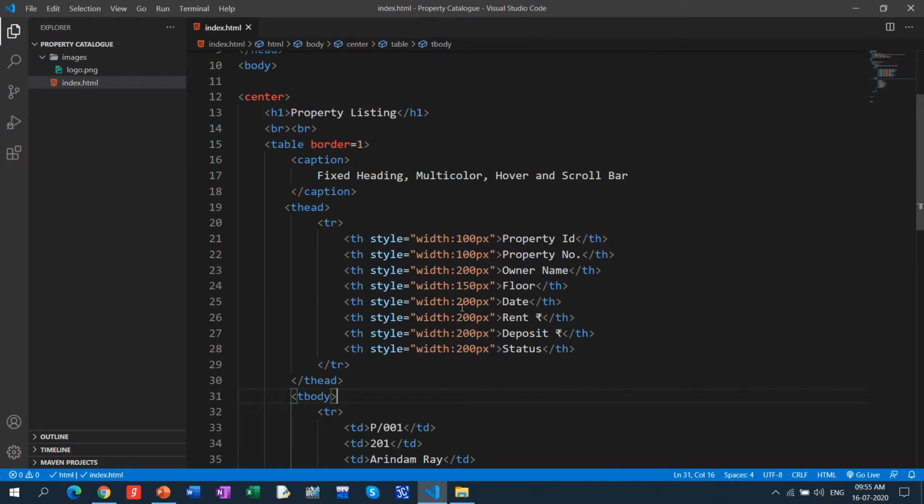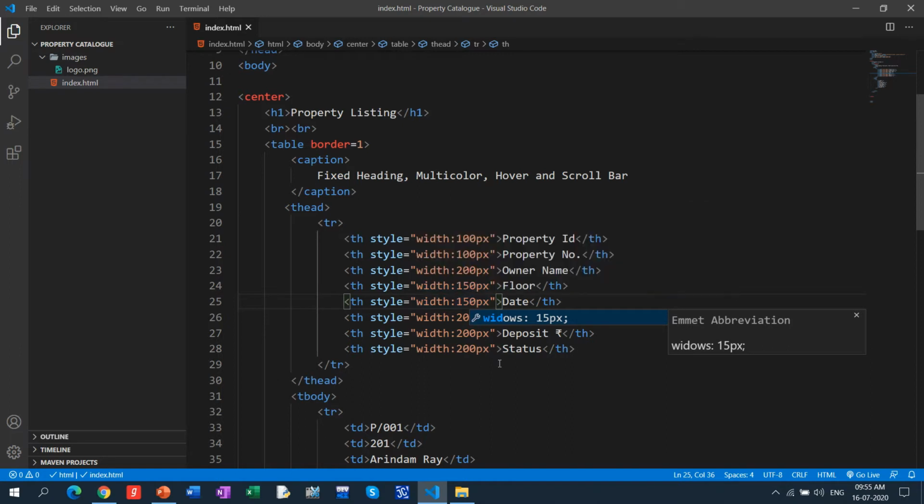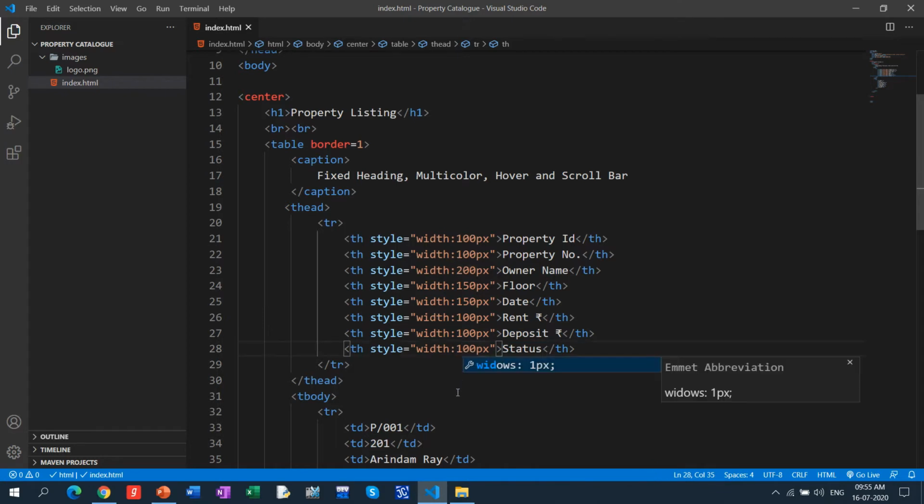For floor and the date also I make it 150. And the rent I can put 100, and the deposit again 100.